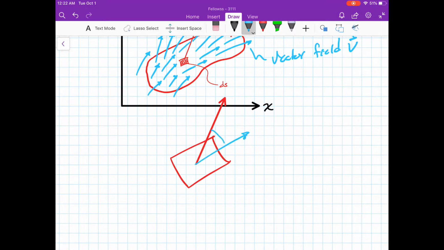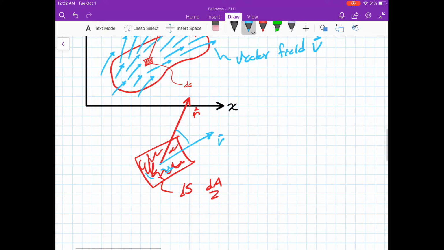It's the same thing. This is our normal direction, and this differential area, you can call it dS, you can call it dA. I usually stick with dA, it makes a little more sense to me. But we add up however much these two align times the area that dA takes up. So we end up with something like,